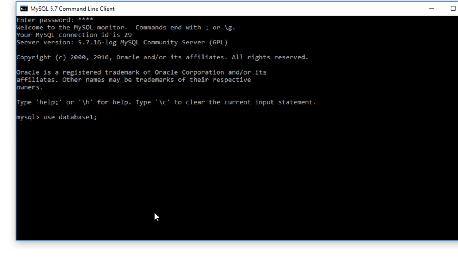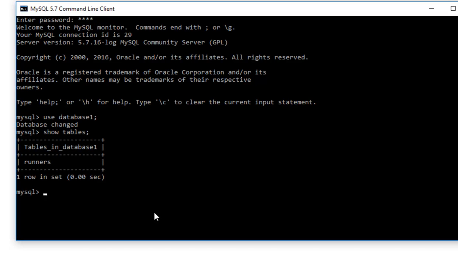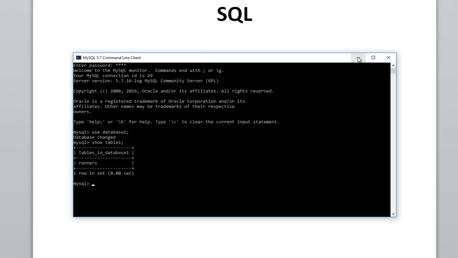and show tables, and I've only got one table in there which is runners. Now if you think about it, I've executed two commands in the MySQL editor and it's output the tables. If I try that in SQL Workbench,